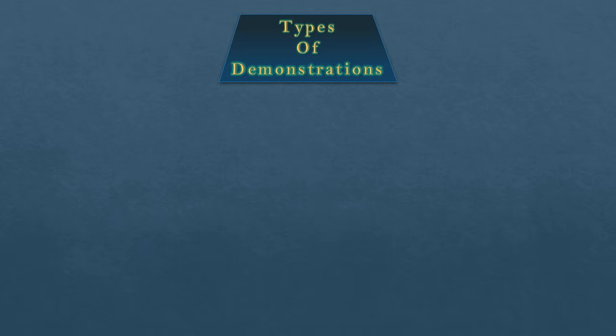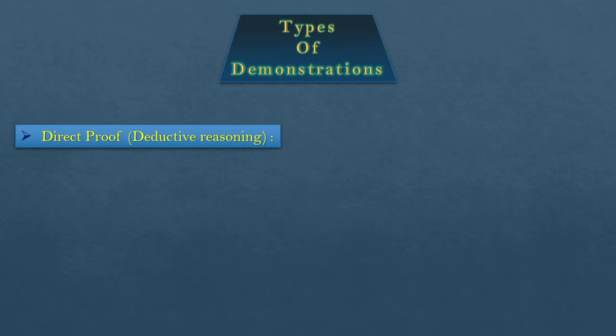A mathematical proof is a logical reasoning carried out through a set of steps, which allows us to affirm or to deny the truthfulness of a mathematical expression, which is called a proposition. In this video, we're going to have an overview on the 6 types of demonstrations that are often used to prove mathematical propositions. So we have the first type of demonstration, which is the direct proof, that is also known